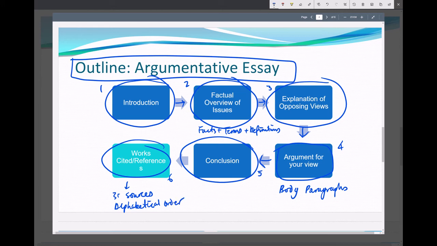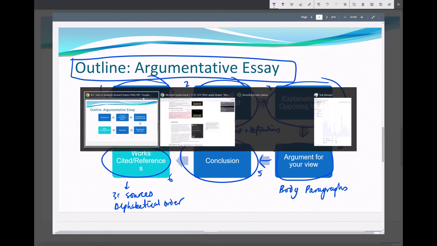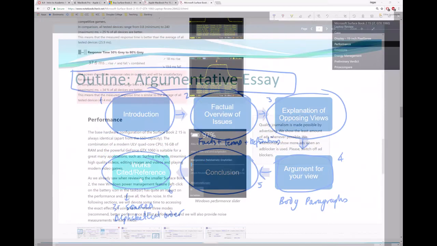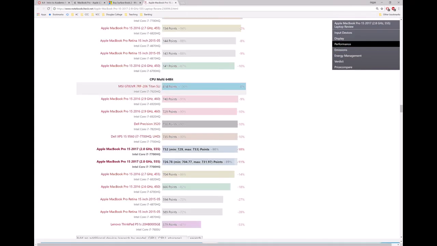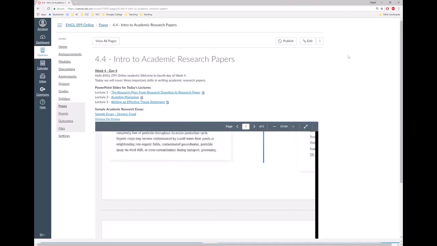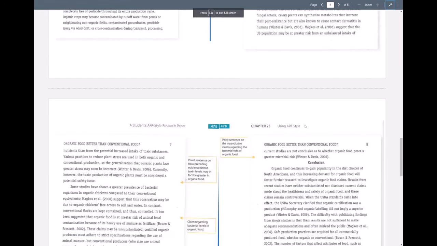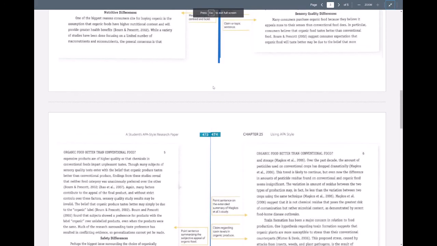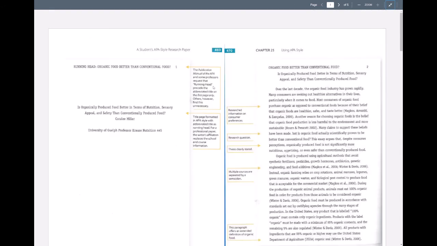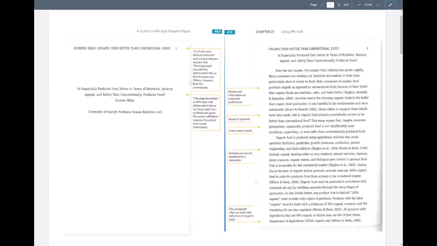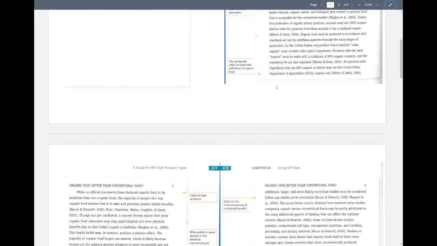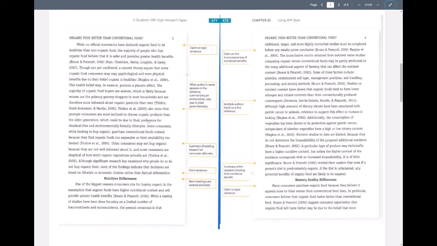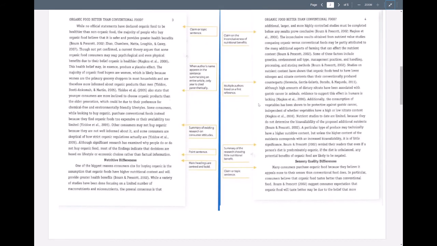So let me show you what that looks like. I'm going to close these examples now and open the sample research paper. So just a quick scan. There you go. You got the cover page, first page, and then your essay right here, starting with the title and your paragraphs, introduction, 3 pages, and then you get into the argument.